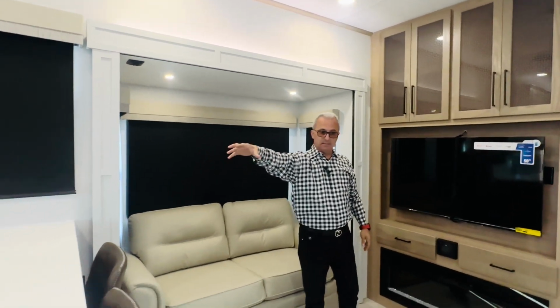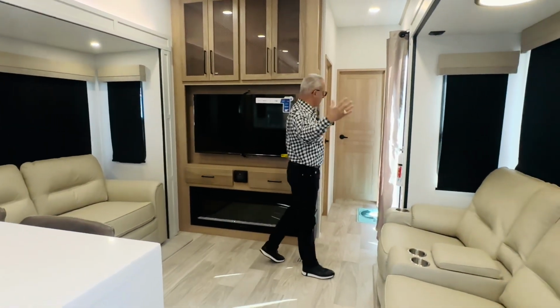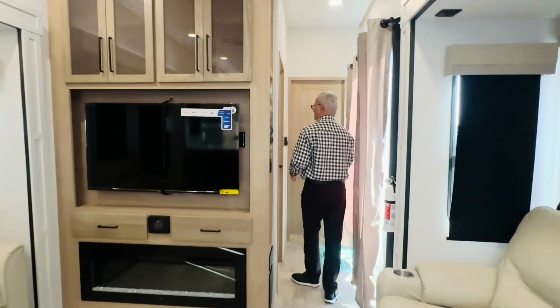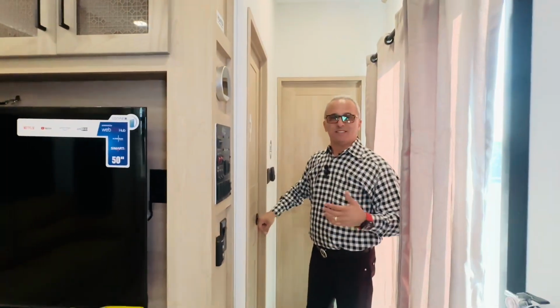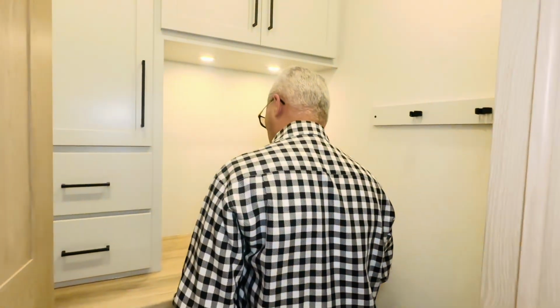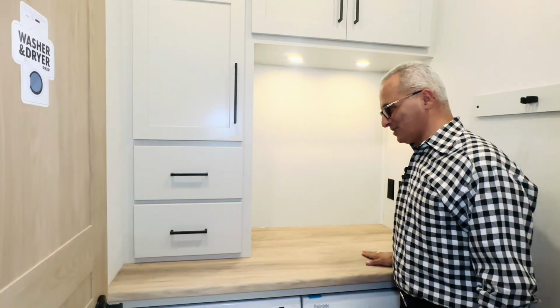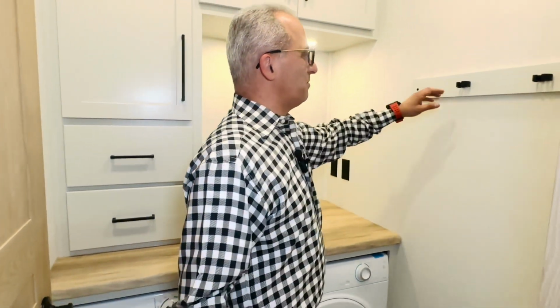kitchen, dining, office, living room. Now we're gonna take you to what they call the surprise. I never thought the Sierra Destination would come to that level. Guys, I am in the laundry room. I have a washer and dryer. I have a nice place here to fold my clothes. I have a place where I could hang my brooms,